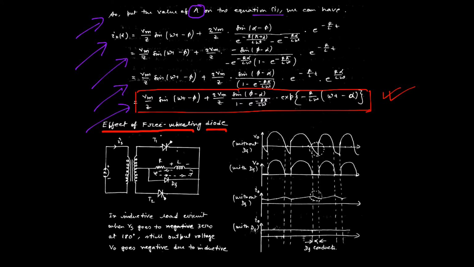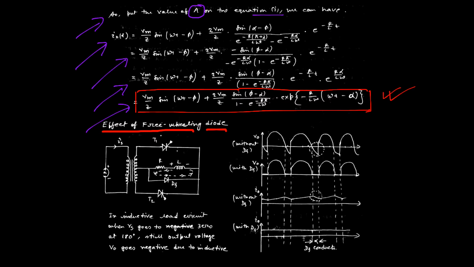Now the question is the freewheeling diode. As we all know, due to the presence of RL load, normally the input power factor is lagging, and the overall efficiency or the average output voltage is decreased. A negative peak is there during the presence of RL load, during the particular duration when the inductor starts discharging, and the duration is pi to beta, or in this case pi to alpha, whatever. That means when the negative peak is there, the average voltage is reduced in magnitude.